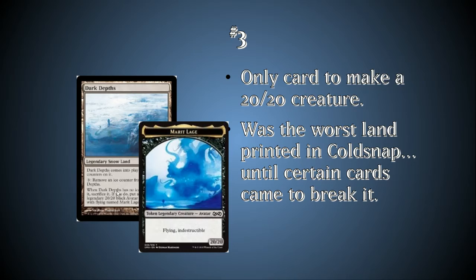It only got better much later. In original Zendikar, that was like 4 years later. It would only get better when they came out with Vampire Hexmage. It was for 2 black mana, sacrifice. It was a vampire that you sacrifice to remove all counters from target permanent. So, boom, instant 20/20. In fact, it was that combo that put the spotlight on Dark Depths again. And much later in the...